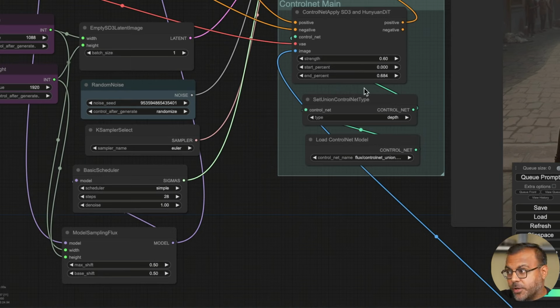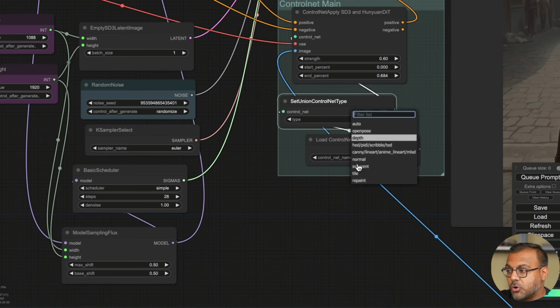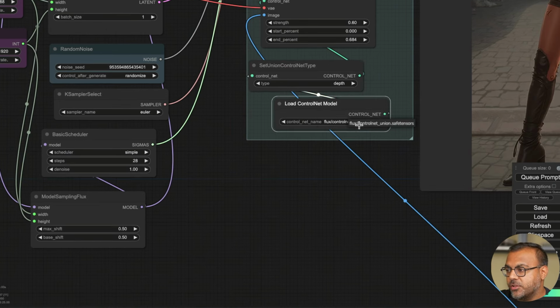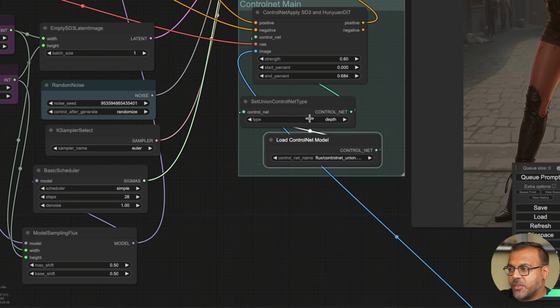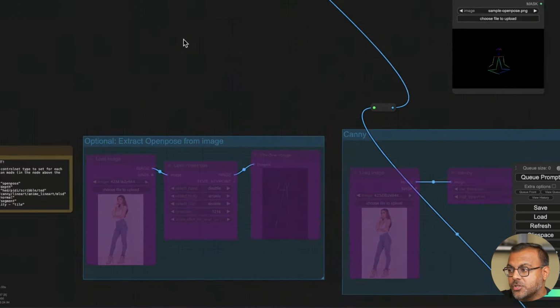Connected to the ControlNet point, we've got set Union Controlnet type. This is where we set what type of ControlNet we're using. And then, of course, the model is loaded over here. And that's pretty much it. Once you've got this set up, the only thing you need to do is change what comes into the image based on whether it's a Canny, openpose, depth, set the ControlNet type, and then we've got a whole bunch of